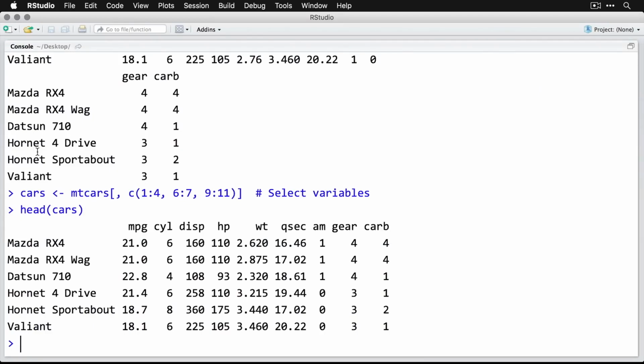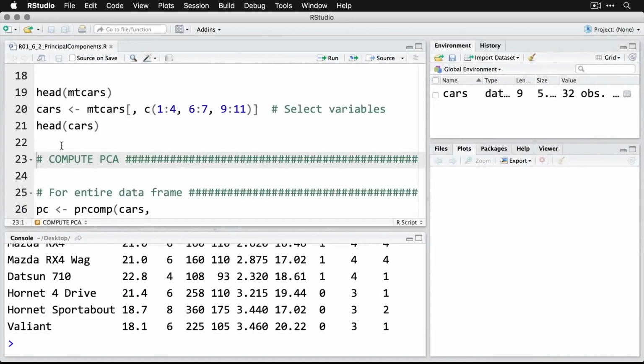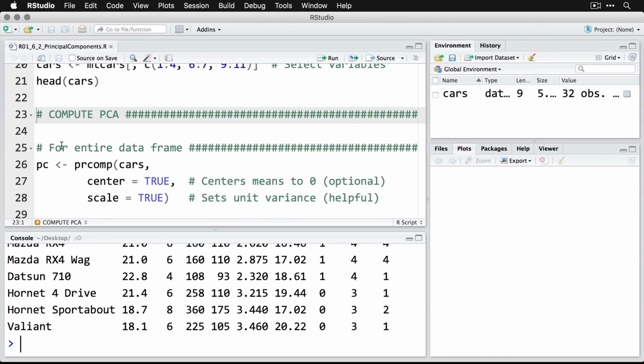And we're going to use that to see what dimensions we can get to that we have fewer than the 1, 2, 3, 4, 5, 6, 7, 8, 9 variables we have here. Let's try to get to something a little less and see if we still maintain some of the important information in this data set. Now, what we're going to do is start by computing the PCA, the